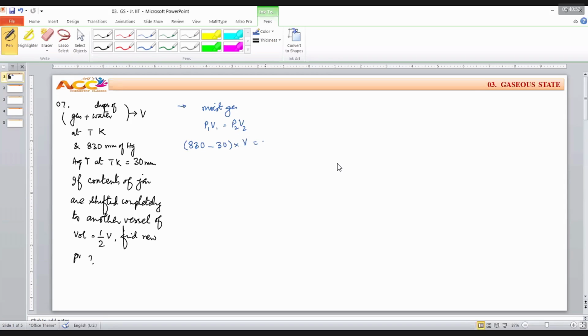Final pressure. If suppose, for example, you are talking about final pressure, I don't know final pressure, P2 is half of that value. Therefore, P2 is equal to dash. How to proceed? Whenever we are discussing this, remember that 830 minus 30, 800,